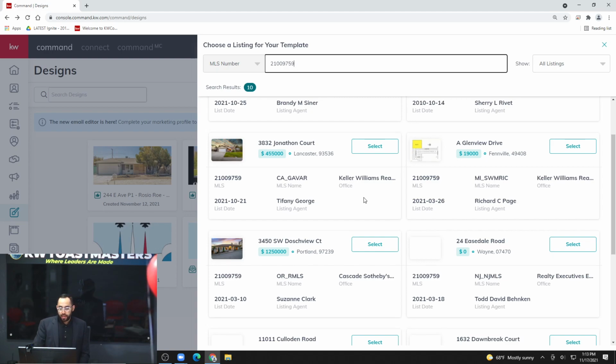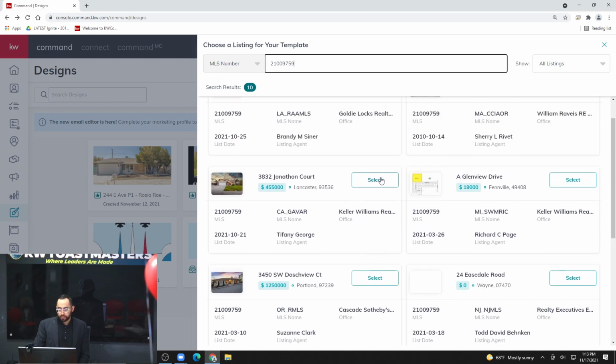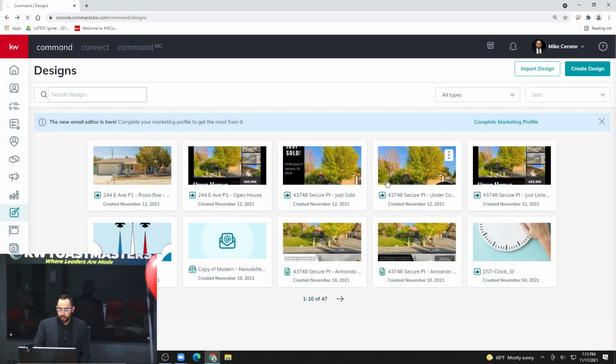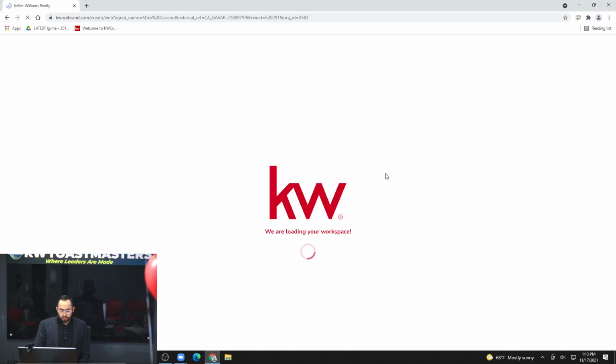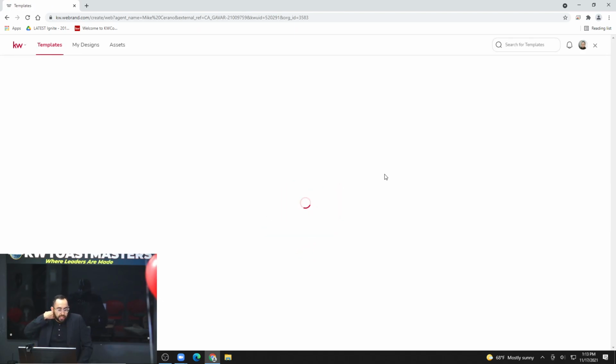So for the flex, go into the example ones. This one just came up once, so I'm just gonna go ahead and select it from here. And now what that'll do is open the design page,